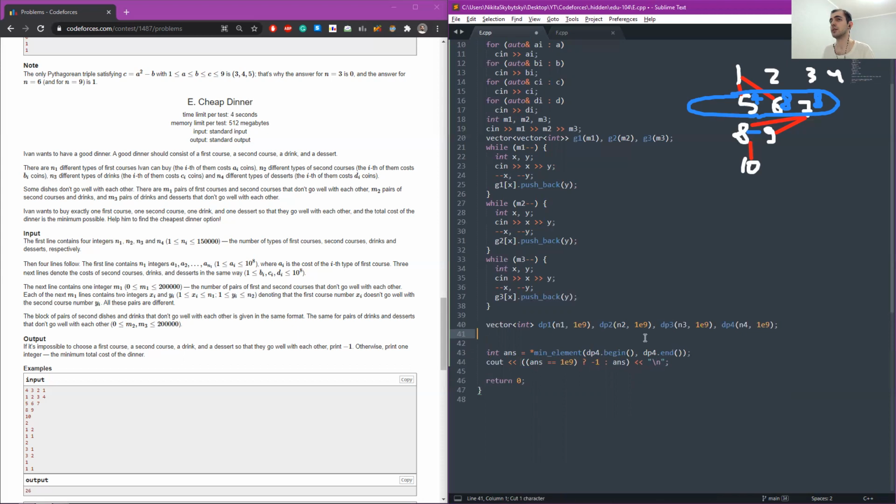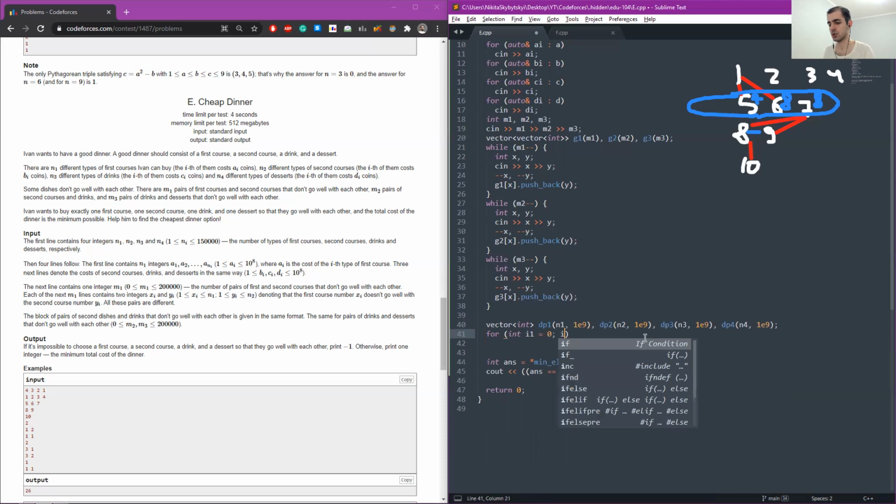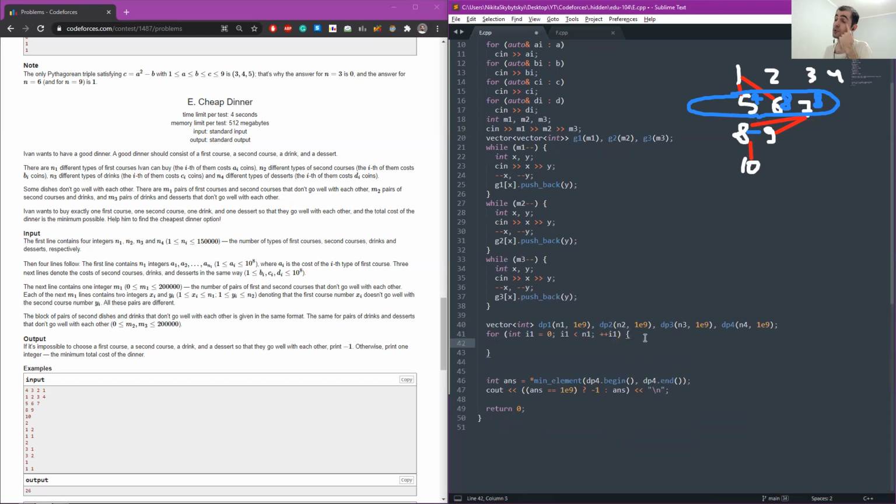Now the only thing we have left is to do this stupid thing. And even more annoyingly, you have to process the first layer and the last layer in a different way. Although you can make it like DP0 and work with it, but it's just full